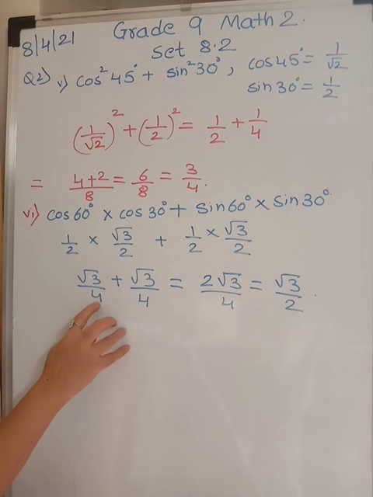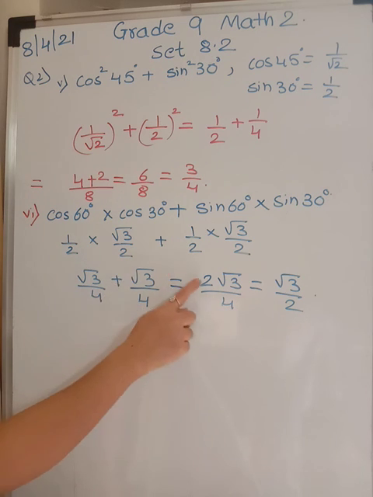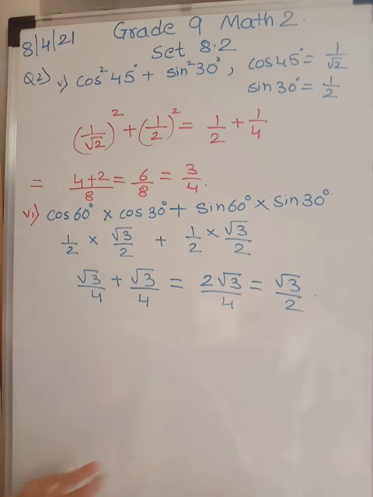Again denominators are same, so I have written 1, 4 over here. 1 root 3 plus 1 root 3 is 2 root 3. And this can be cancelled, 2 ones and 2 twos are. So you are left with root 3 by 2. Okay. So that's all we have done with question number 2. Please understand and neatly solve in your notebook. Thank you.